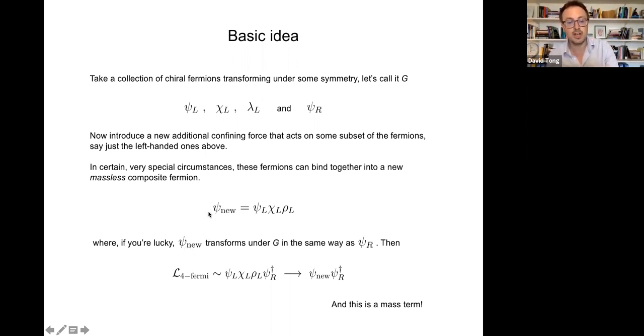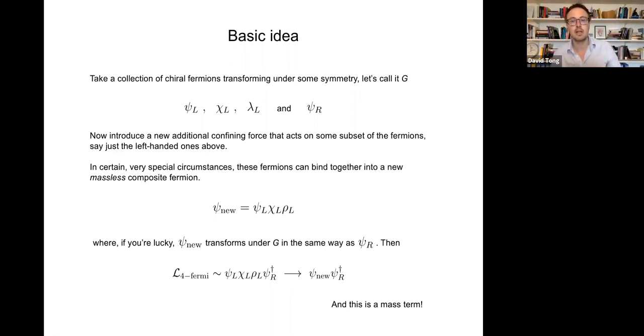Moreover, you want to find a way to do this so that psi nu transforms under G, and I've said something a little bit wrong here, it should transform under G in the conjugate representation from the guy that was just sitting out of this confining dynamics. The idea being that then you can write down a 4 fermion term like this. It's going to be a 4 fermion term with a small coefficient in the UV, unlike Eichten and Preskill. You think it's irrelevant because it's a 4 fermion term, but it's an example of what we call a dangerously